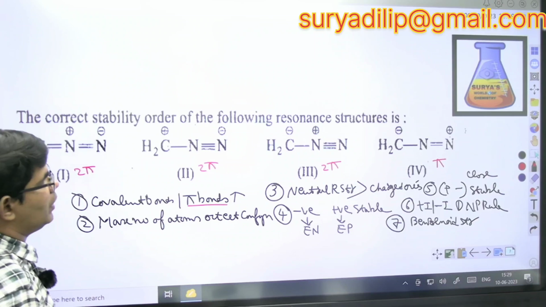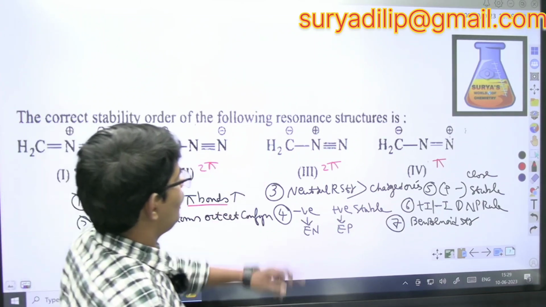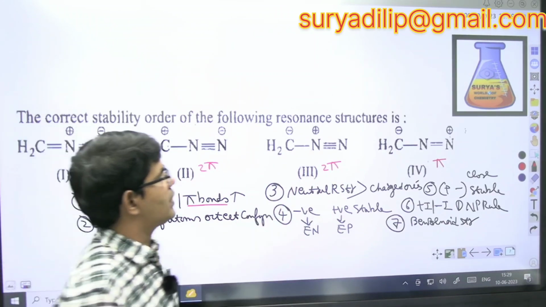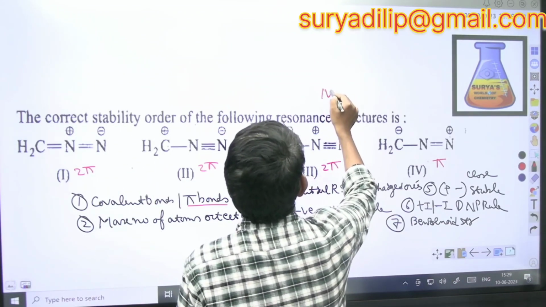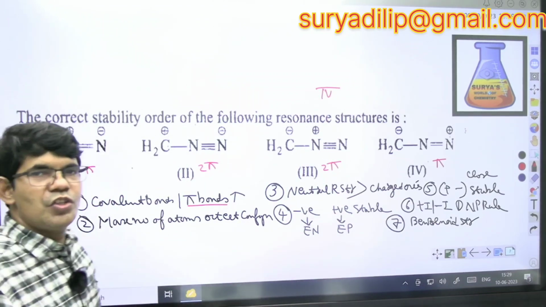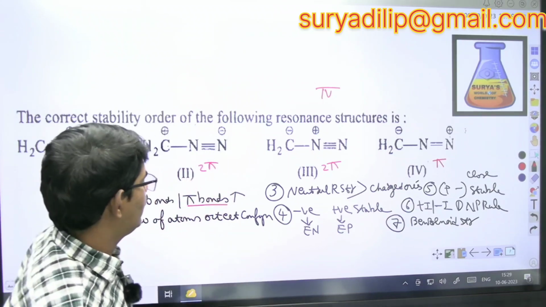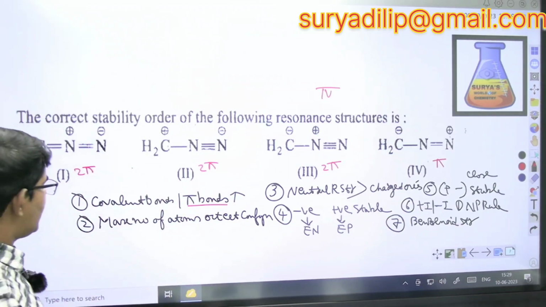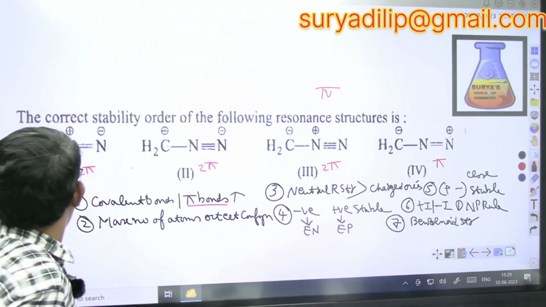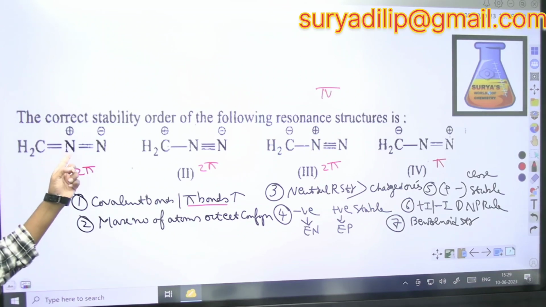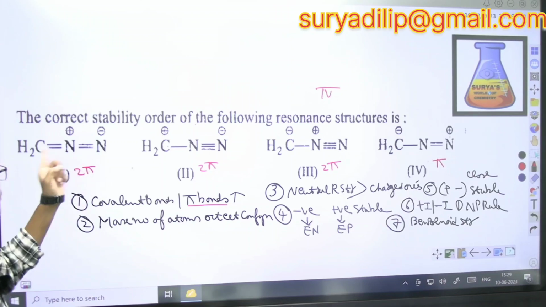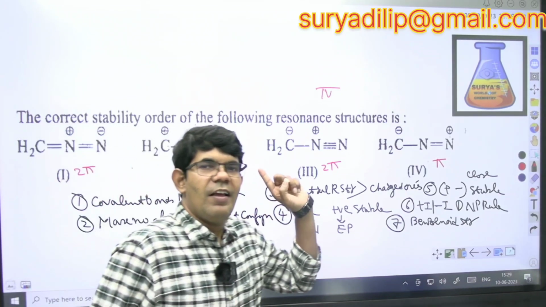The question asks for the correct stability order of the following resonating structures. So one thing we have decided, that the fourth one is least stable. Now we need to compare between 1, 2 and 3. Now, let me take the second rule: maximum number of atoms having octet configuration. See, in the first resonating structure, the carbon, both the nitrogens, the nitrogen with positive charge will form 4